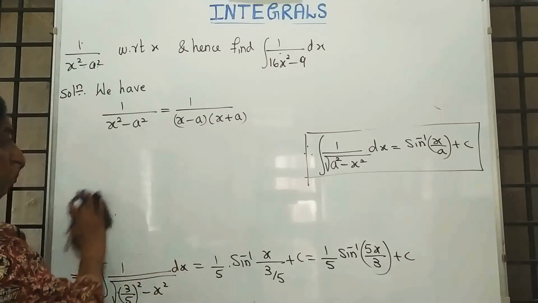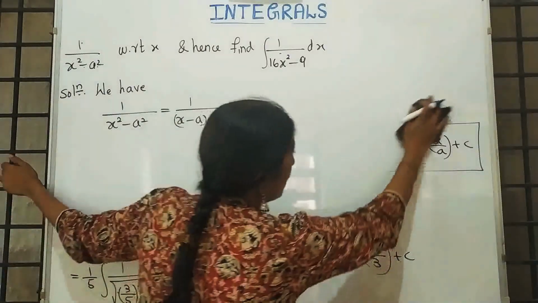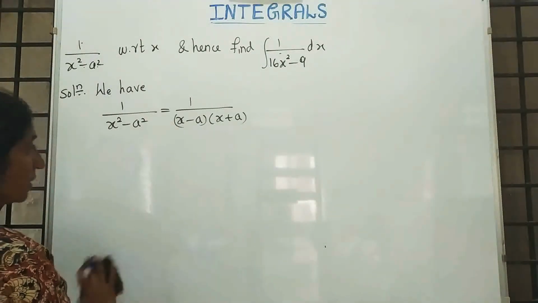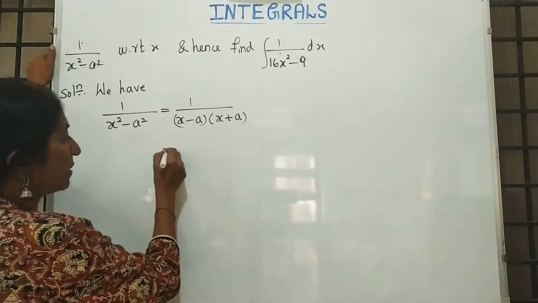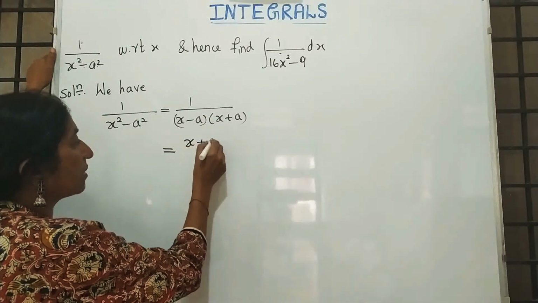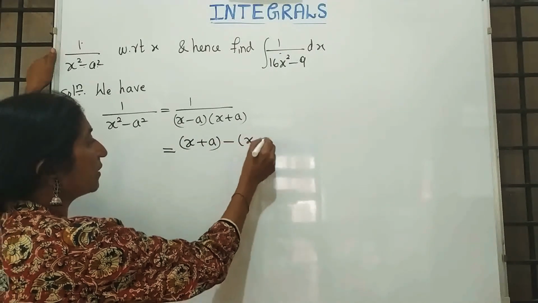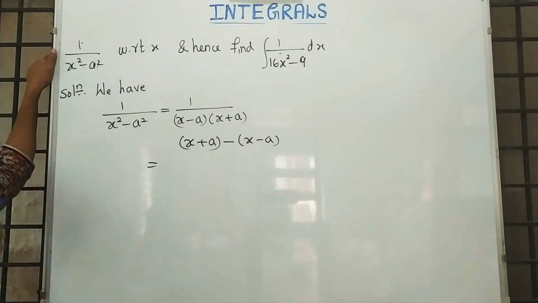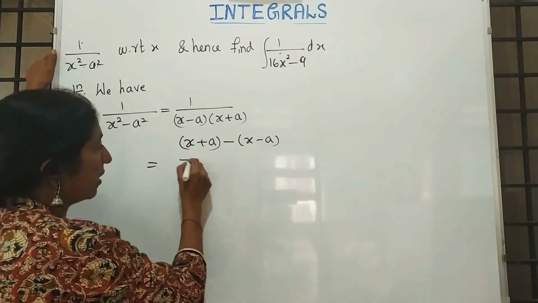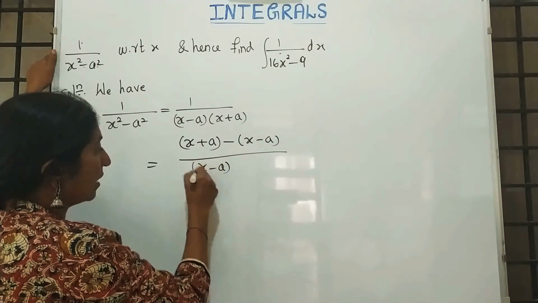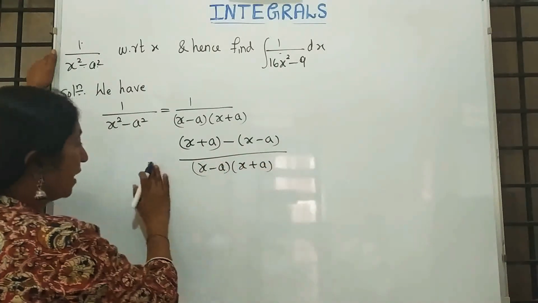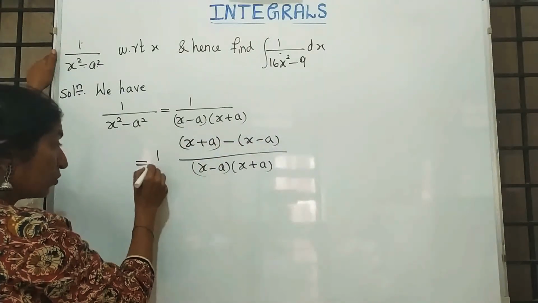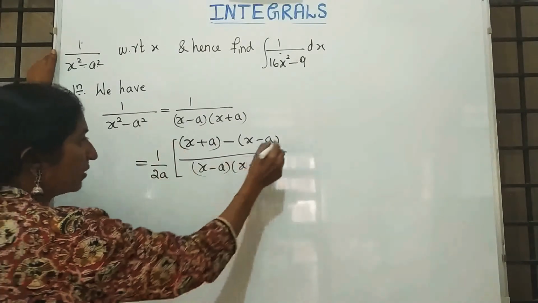Take the brackets and write those brackets in the numerator such that you have to cancel x, but a should remain as it is. If a should remain as it is, we write x plus a minus x minus a. See, I use the same brackets in the numerator. Depending on the required answer, I wrote a middle minus upon x minus a into x plus a. And when you remove the brackets in the numerator, we get plus 2a. To balance that, outside we have to write 1 by 2a.